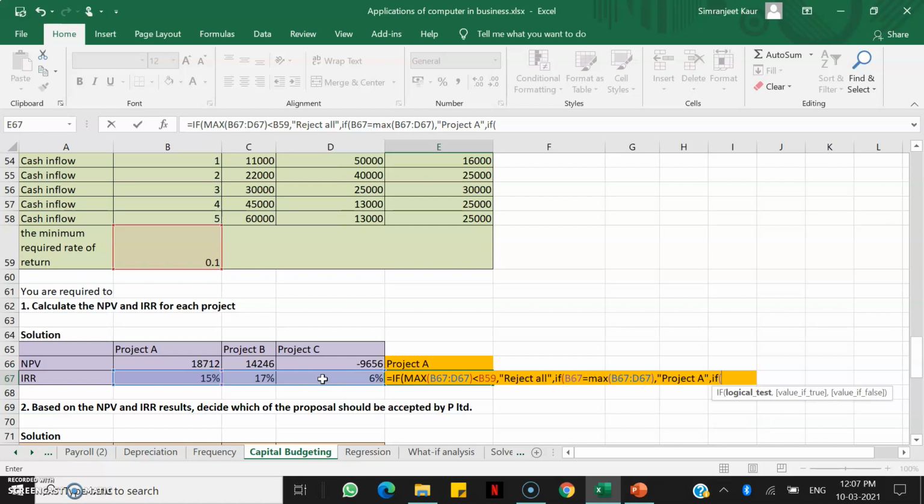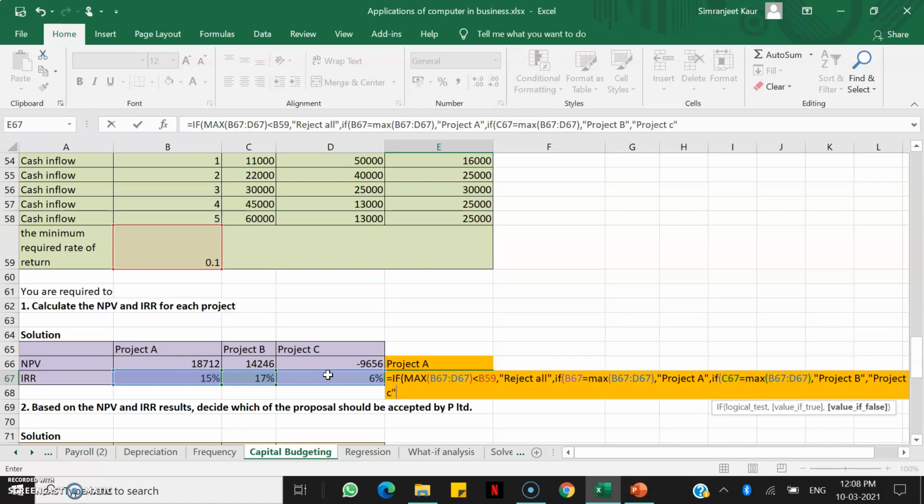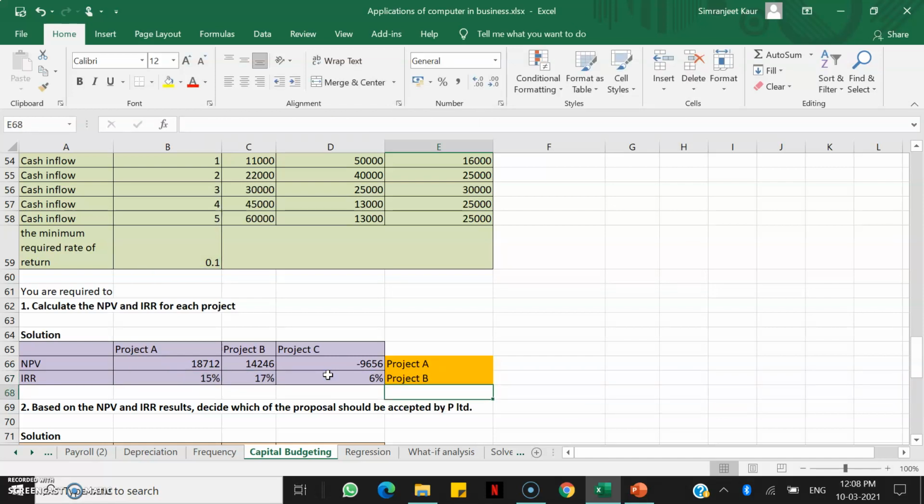Otherwise, if project B is equal to the maximum of these three, then write project B, otherwise write project C. I'll close all the brackets and press enter, right?